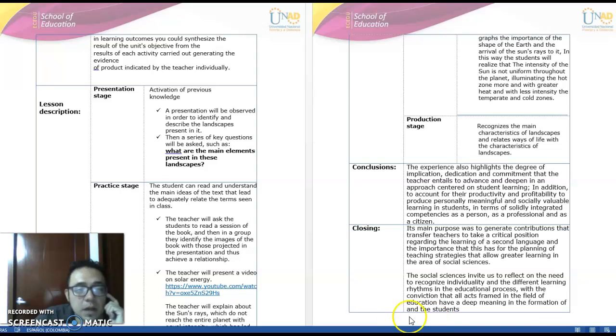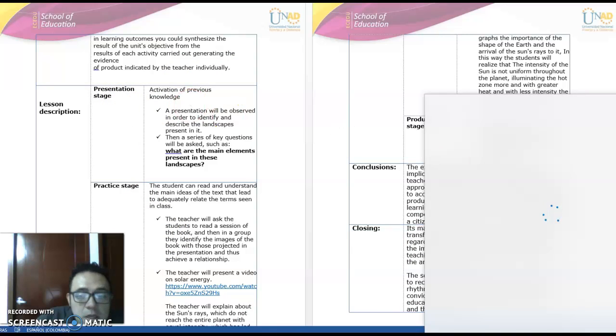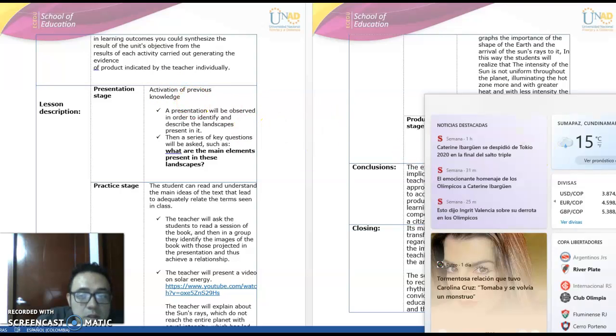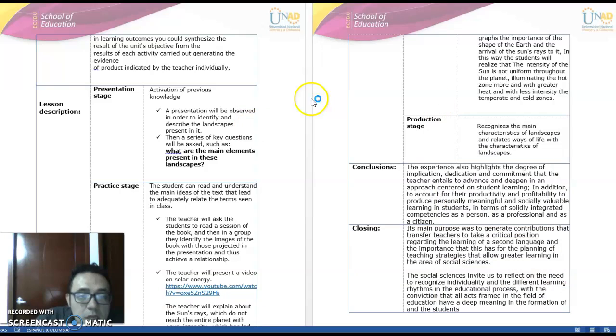Now we're going to talk about the lesson description. In the presentation stage, you first find activation of previous knowledge. Then we have a presentation that will be observed in order to identify and describe the landscape. And in this presentation, a series of questions will be asked, such as what are the main elements present in